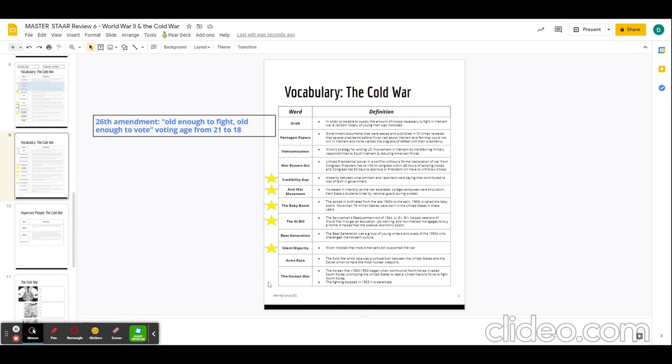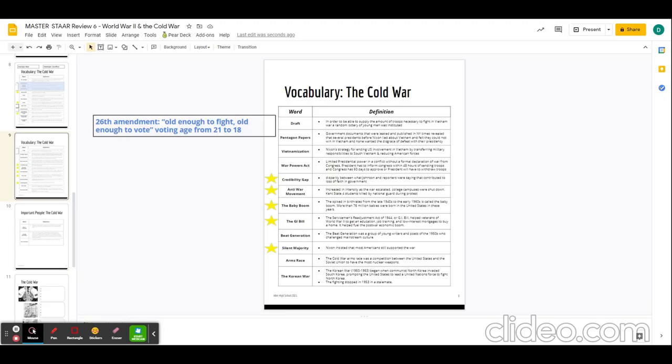Now, we have some stars coming up, some terms that you need to make sure you understand. The credibility gap was highly important, especially during Johnson's presidency and Vietnam. It was that difference between what people could clearly see on TV every night and what President Johnson was saying as far as the progress in the war. Johnson's like, we're winning, but the reporting of the war was clearly showing otherwise. The anti-war movement, the peace movement, the campus shutdowns and sit-ins, the Kent State massacre, all of those are important to remember.